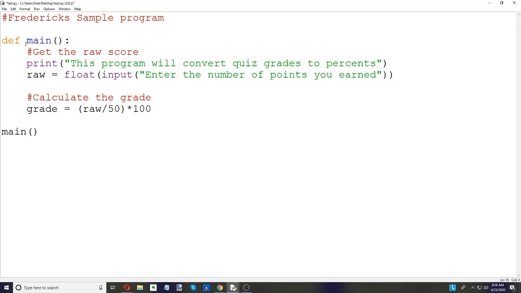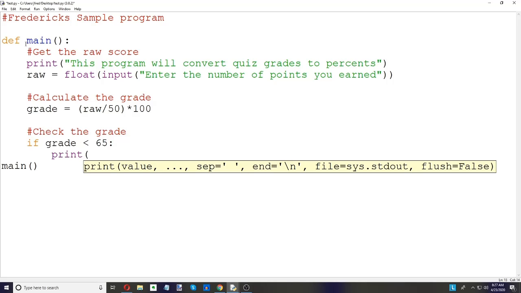Okay, and we'll check the grade. Here's where the if statements come in. So if the grade is less than 65, print you failed